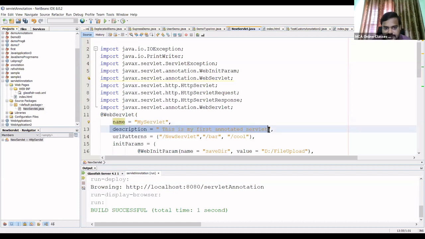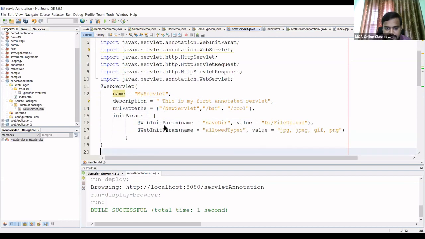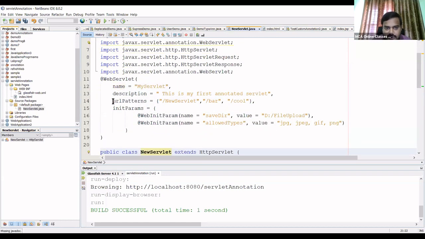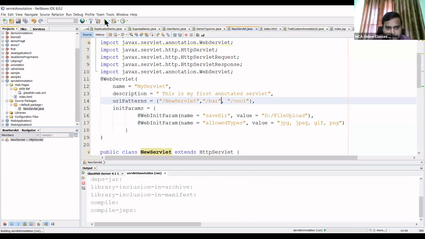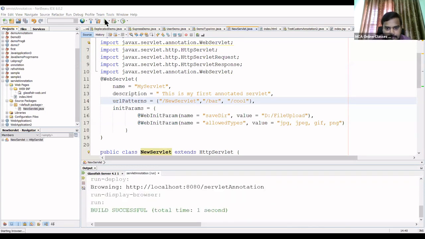This is the first annotated servlet, URL pattern. So you can give the URL pattern here. You can give multiple URL patterns if you want. See the new servlet, /bar/cool, for example.